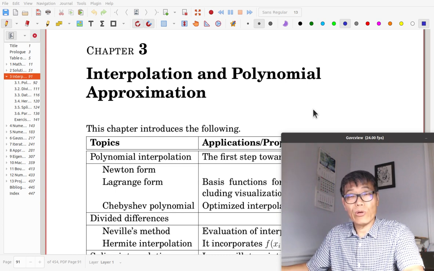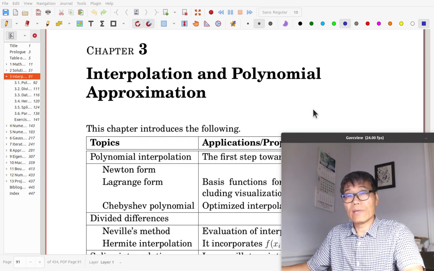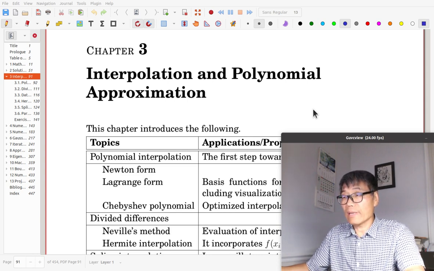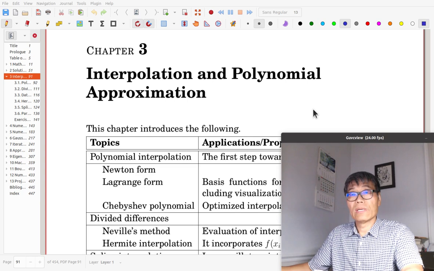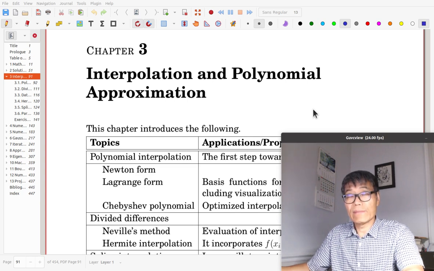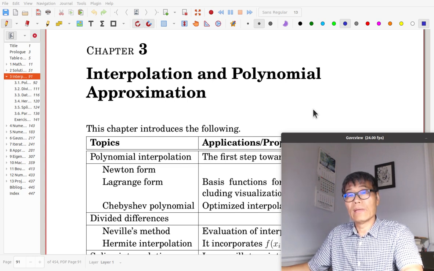If a polynomial is constructed and if data points are representing a function, then the constructed polynomial is an approximation of the function. In this chapter, we'll study how to construct such interpolating polynomial, and we'll try to analyze the